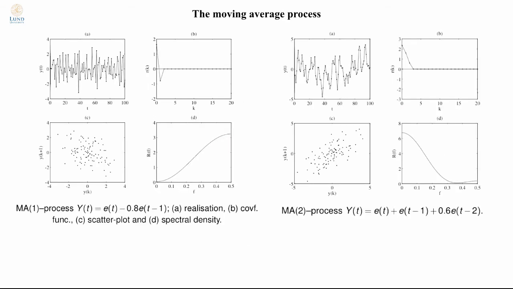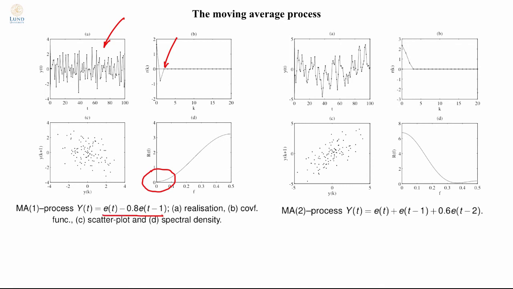Let's look at an example. So this is a realization of an MA(1) process. You can see here that the covariance function will turn to 0 as soon as I'm hitting lag 2. That means that just by looking at the autocovariance function, I can tell that this is an MA(1) process. Looking at the spectrum, I see that the null sits at 0,